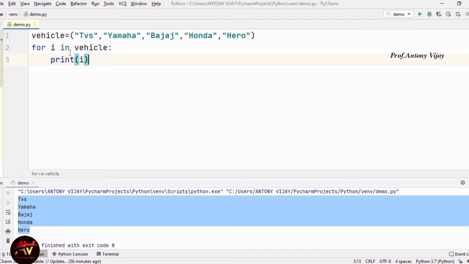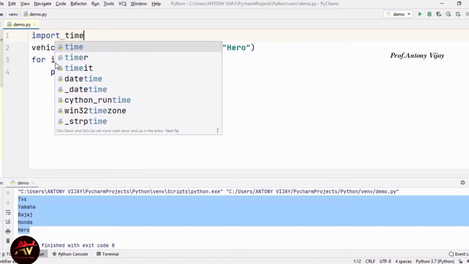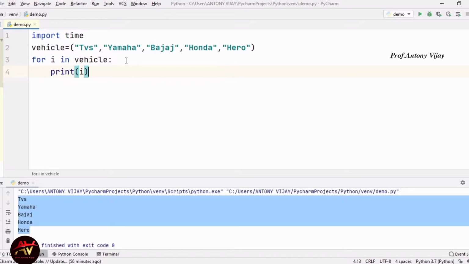But actually the for loop is an iteration process. It will print the elements one by one, but you will not be able to see it like this. In order to see the output one by one, I mention the package name: import time. Using this package we can delay the output for some seconds.